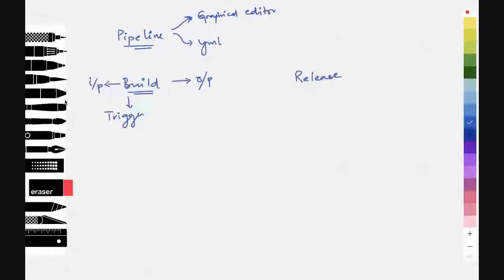So the trigger can be a scheduled trigger, or a trigger can be a continuous integration trigger. We see CI/CD pipeline. This is the CI, the continuous integration trigger. A scheduled trigger is like building every Tuesday at 10:30 p.m., or building it every second day, Tuesday, Thursday, Saturday, I'm building up like that. And continuous integration is where every commit or every push to the repository will trigger a pipeline.